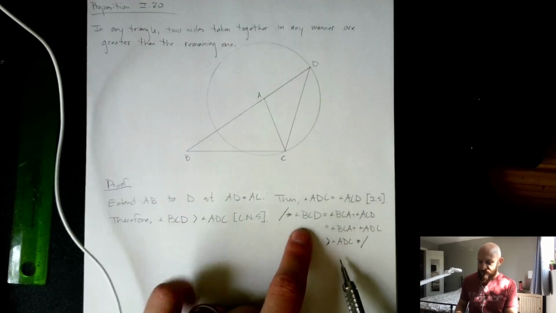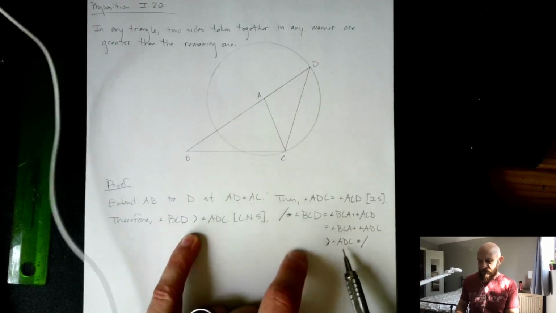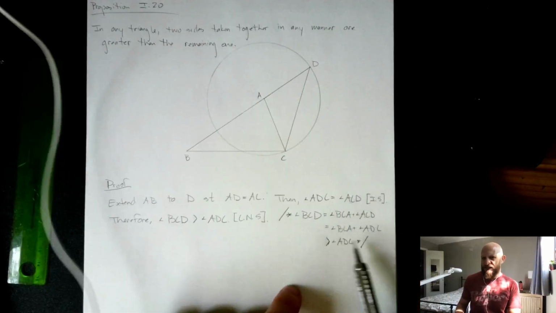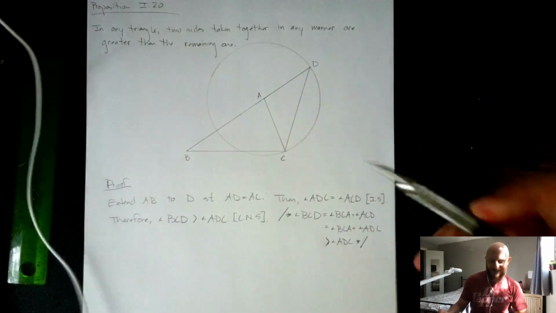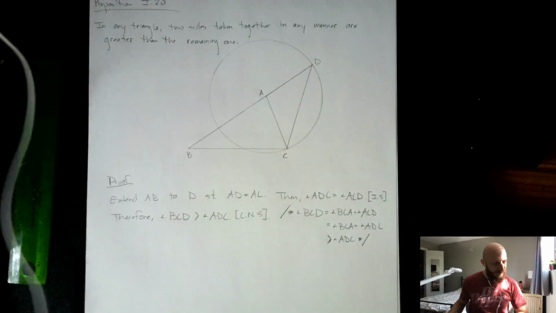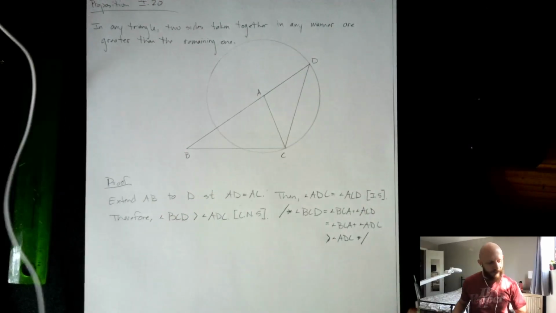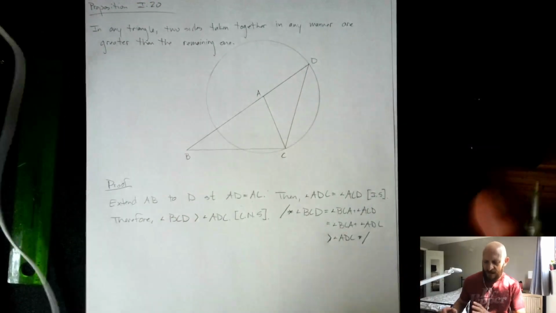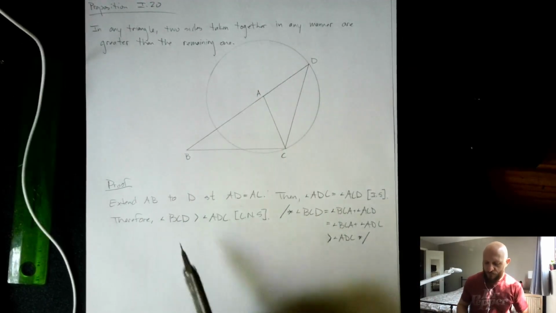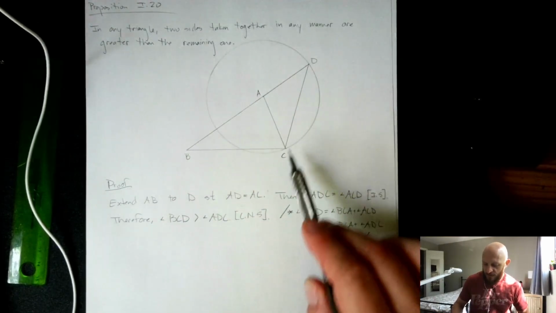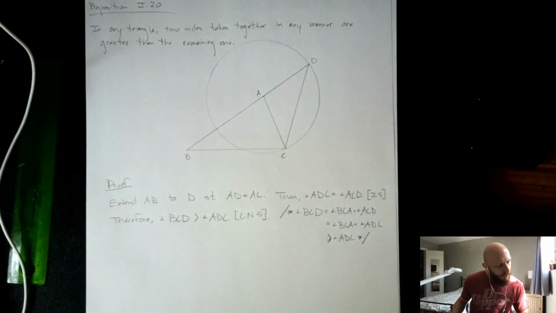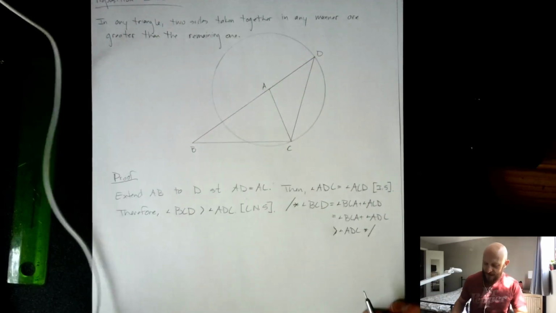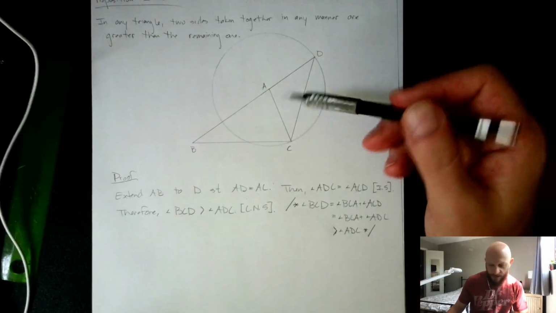And this was the claim that we just got, that angle BCD is greater than angle ADC. So there are the intermediary steps for proving that this is true. Again, fairly obvious if you just look at the diagram, but today we say a picture is not a proof. For the Greeks that was enough. So angle BCD is greater than angle ADC. What's next? Next he says, if you look at the large triangle that we created,